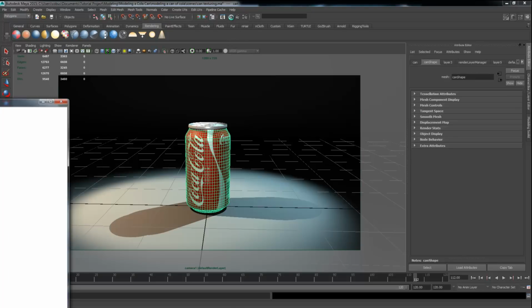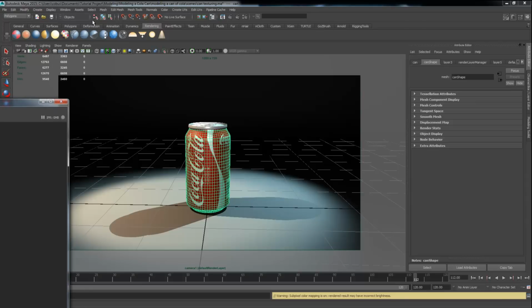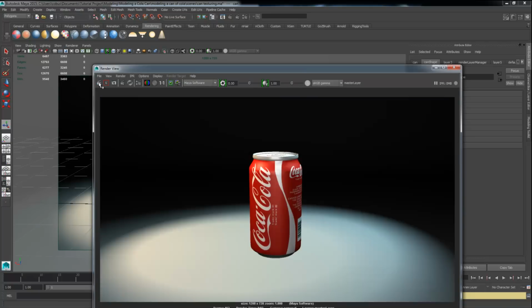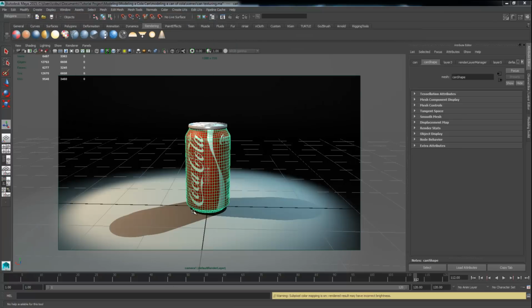I'm actually looking through the camera, so you can select the camera and then say Panels, Look Through Selected. Then I'm going to quickly open up the render settings, and I'm going to choose my renderer as Maya software. At the moment the default that I used to render with was V-Ray. So I'm switching to Maya software, and you can see this one does not have any shadows,